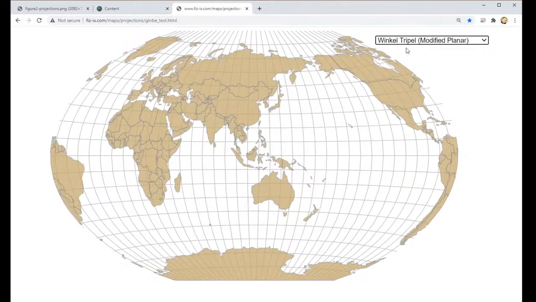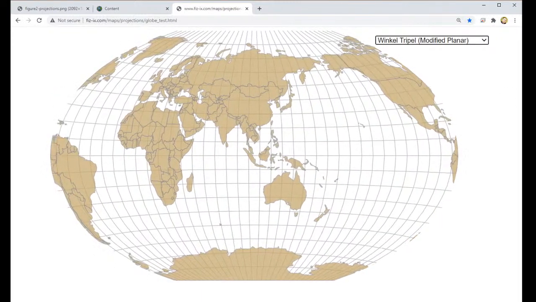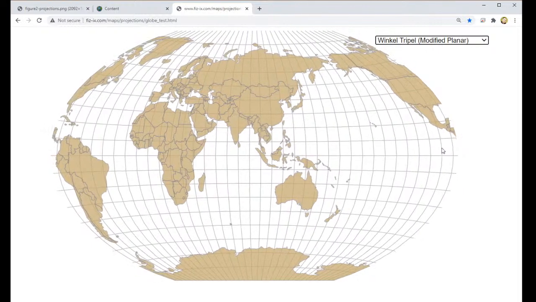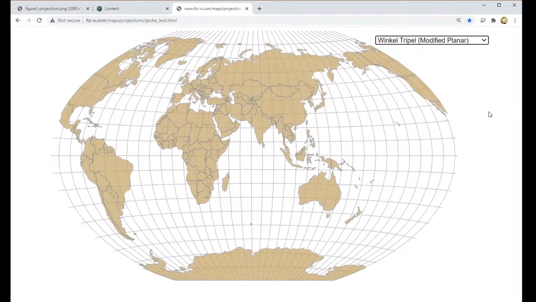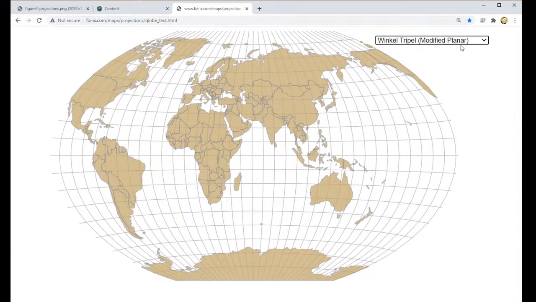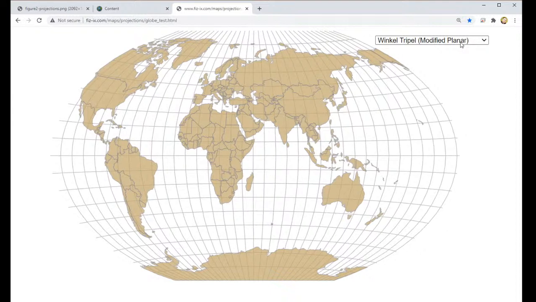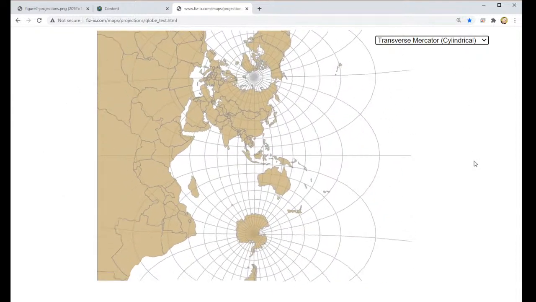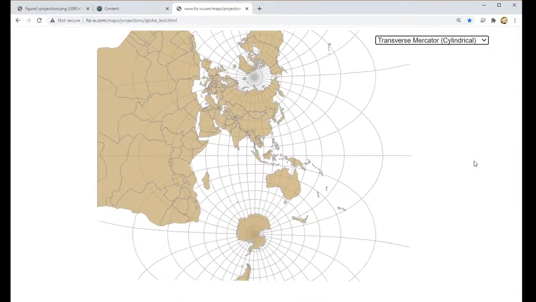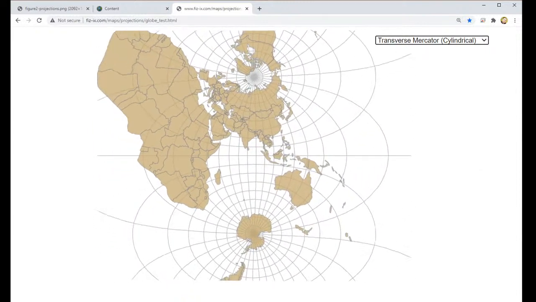This one is the projection that National Geographic uses, and it's actually a modified planar projection. And all right, the best for last. So this is called the transverse Mercator